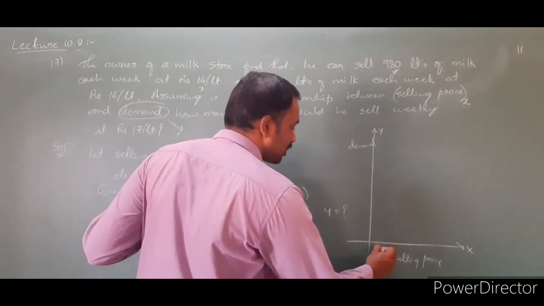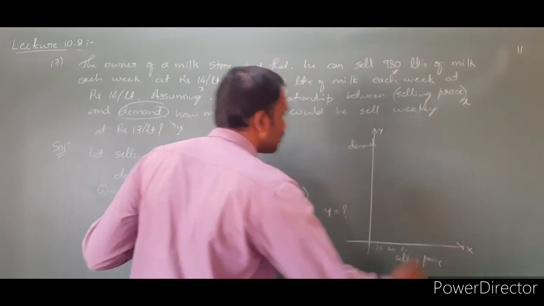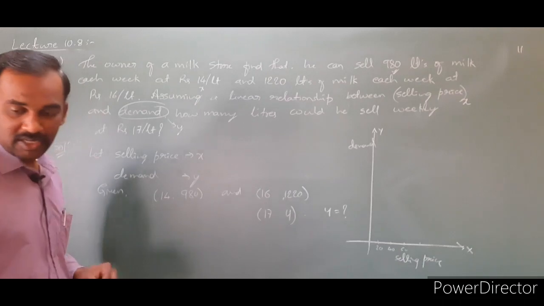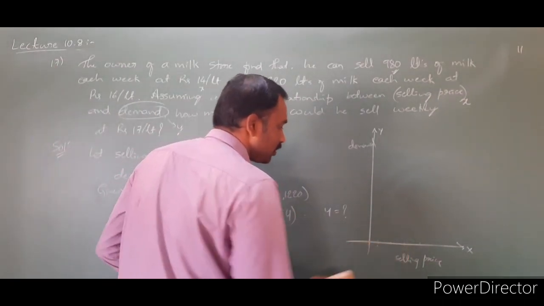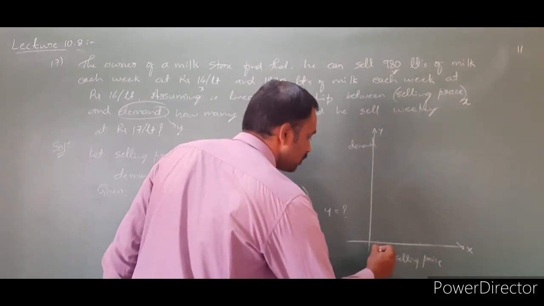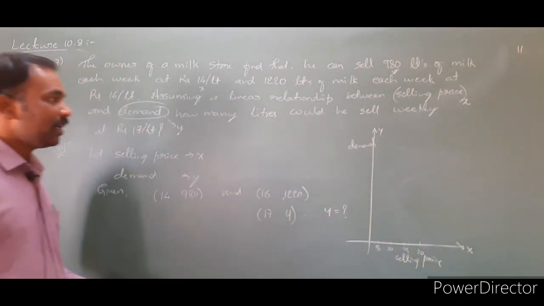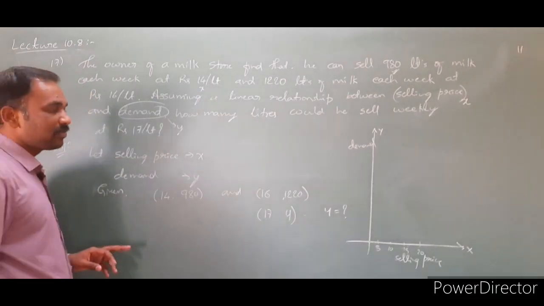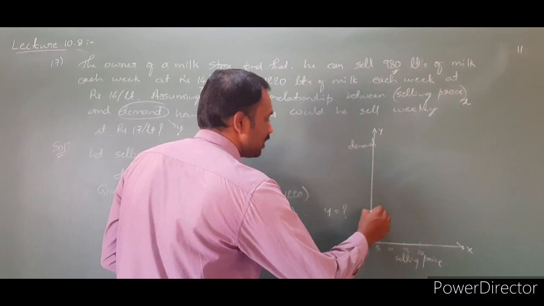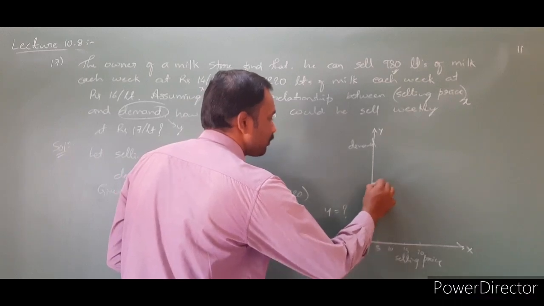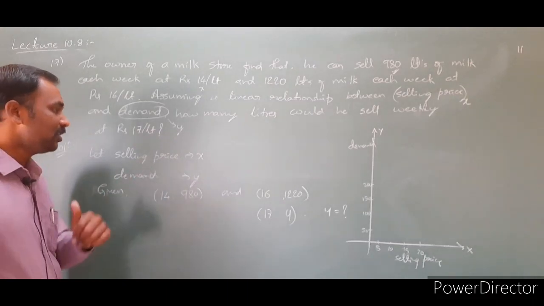So you can consider 20, 40, 60 and 70 like that. So small numbers are there, I just change it. So here 5, 10, 15 and 20. And demand, how many liters of demand is there? I just take it as 50, 100, 150 and 200. 1 centimeter is equal to 50 liters on the demand.